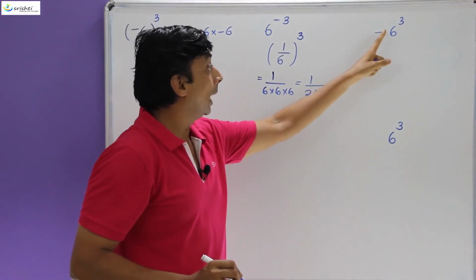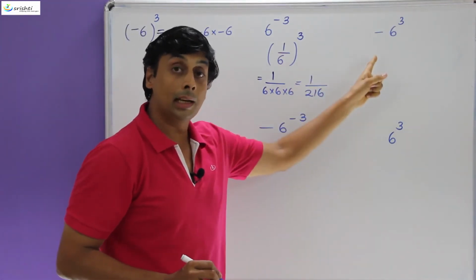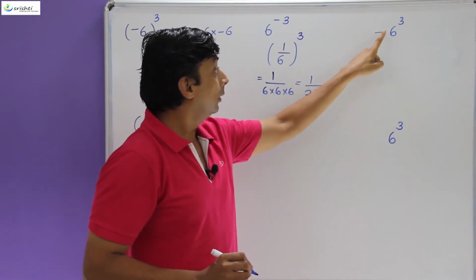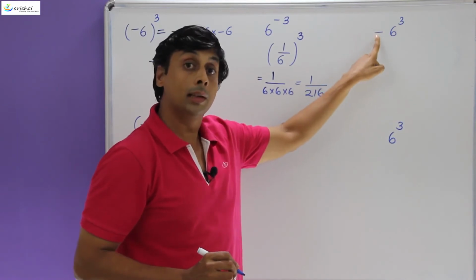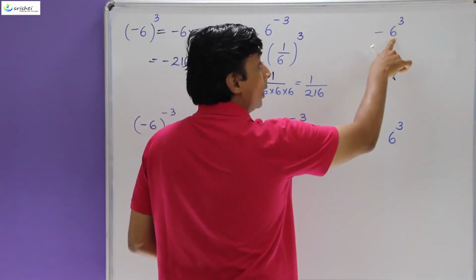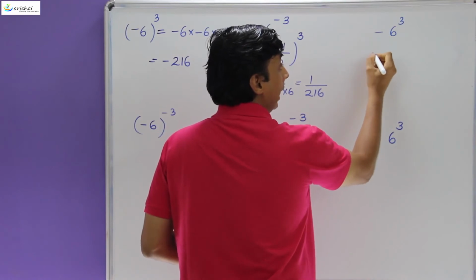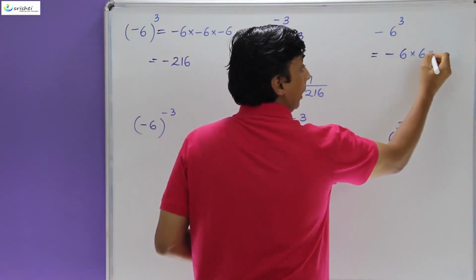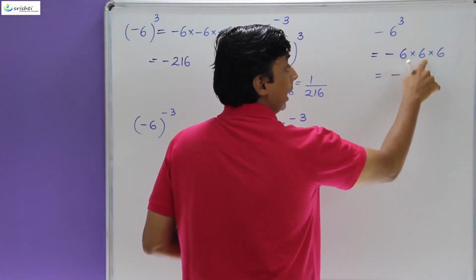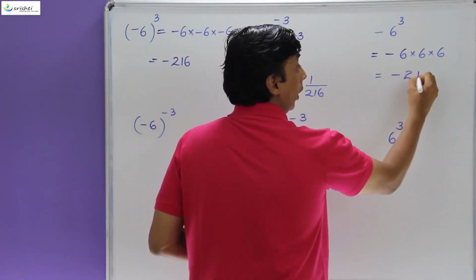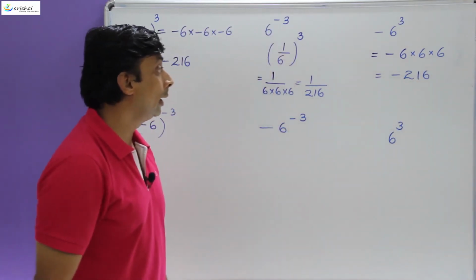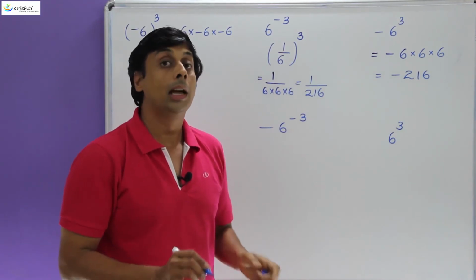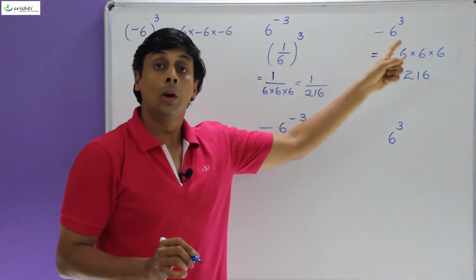Now what is minus 6 the whole cube? Is there a bracket over here? No, there is no bracket, which means that the power of 3 does not apply to this negative sign. The power 3 applies only to 6. So I would leave this negative sign as it is and calculate 6 multiplied with 6 multiplied with 6. So 6 6s are 36, 36 6s are 216. Now over here you will notice that the answer in the first case and the third case is exactly the same,